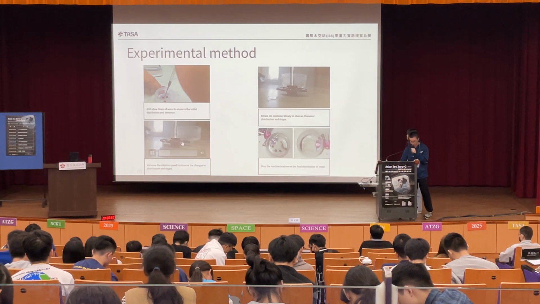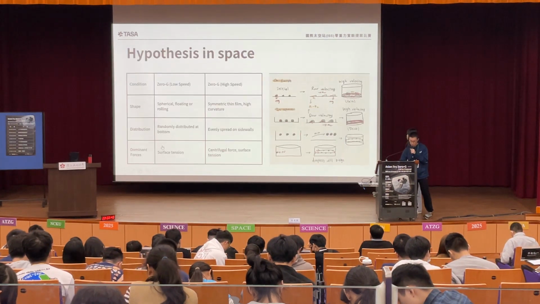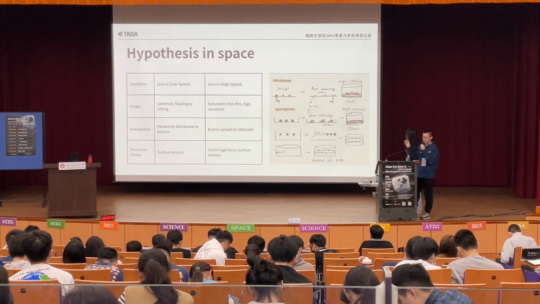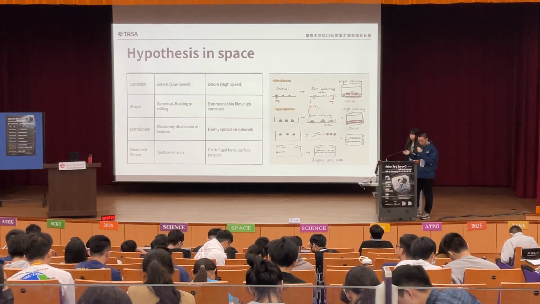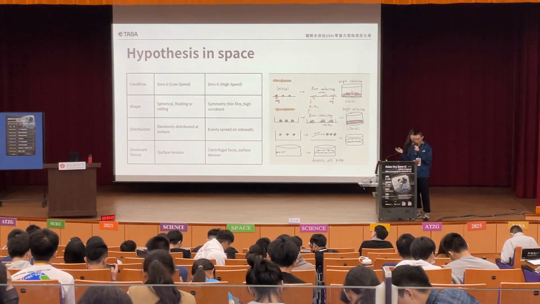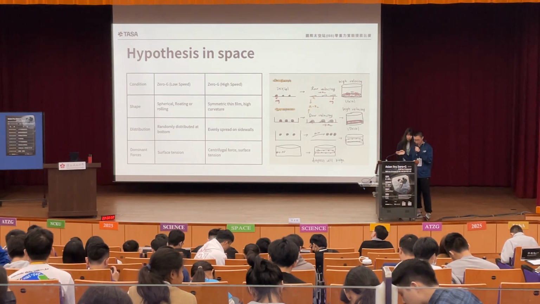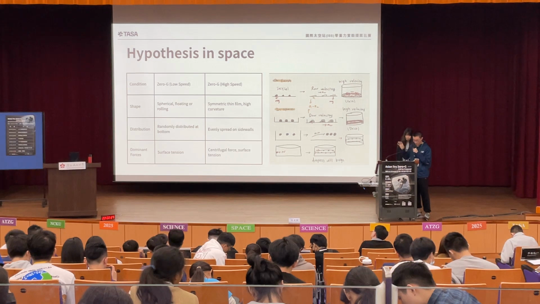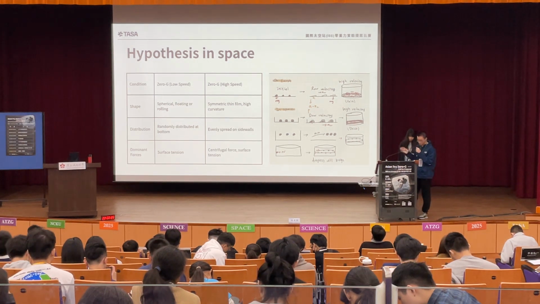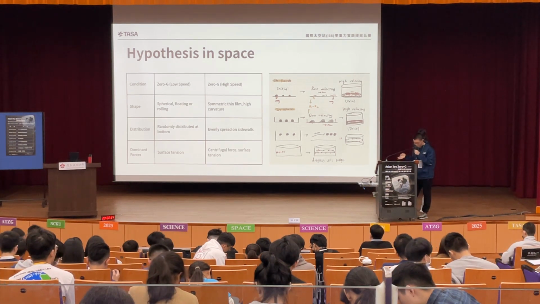It will gather at the edge, and this is the hypothesis in space. Under zero gravity, the water droplets start as a sphere and are affected by no gravity and without friction, so the droplets stay stationary until